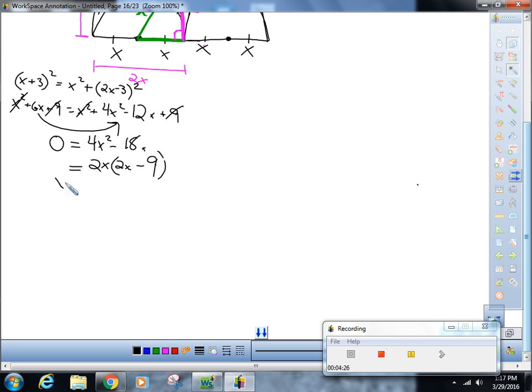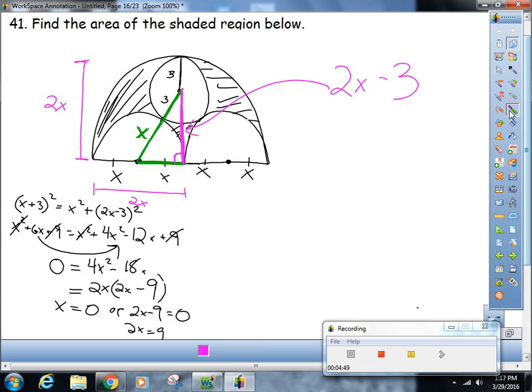So x equals 0, which it doesn't. Or 2x minus 9 equals 0. Right? So 2x is 9. So x is 9 halves. Got it? All right, now, so the area. They want the shaded area. The shaded area will be,